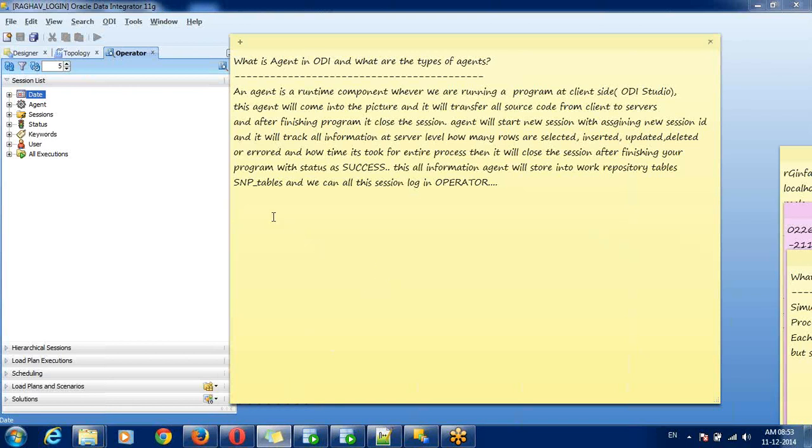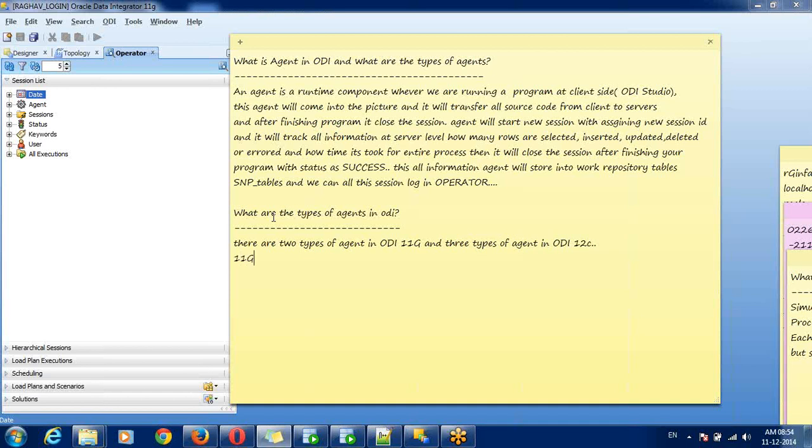Then what are the types of agents in ODI? There are two types of agents in ODI 11g and three types of agents in ODI 12c.